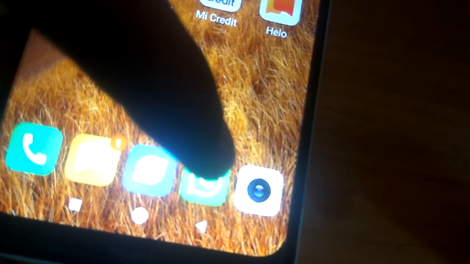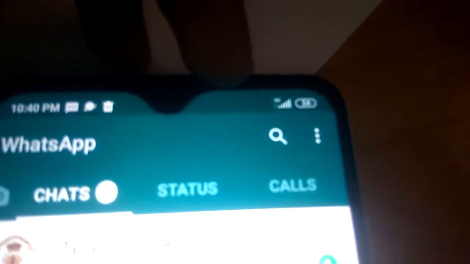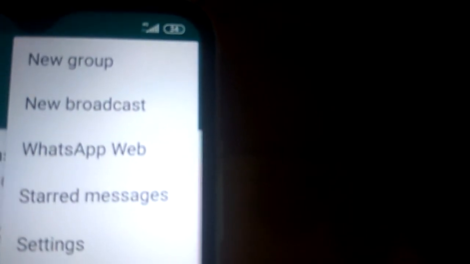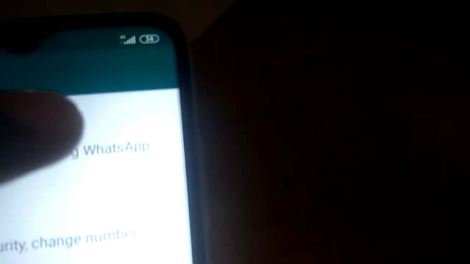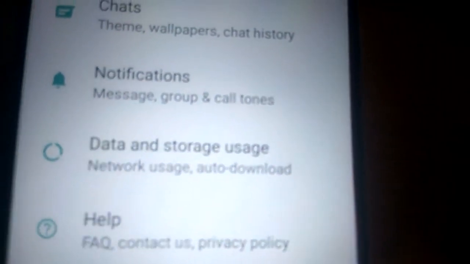First, you must open WhatsApp from your phone, and at the top you can see the three dot setting. You can see it at the top of the conversation. You must press that, and here you can see the options of new group, new broadcast, WhatsApp Web, etc. And from here you must pick the settings. You must select the settings from here like this, and from the settings you can see the options of